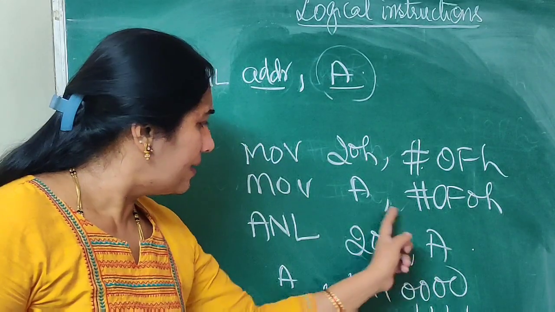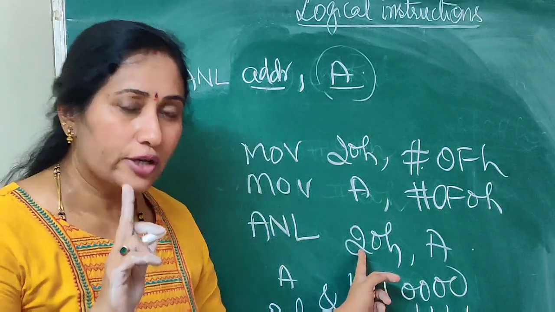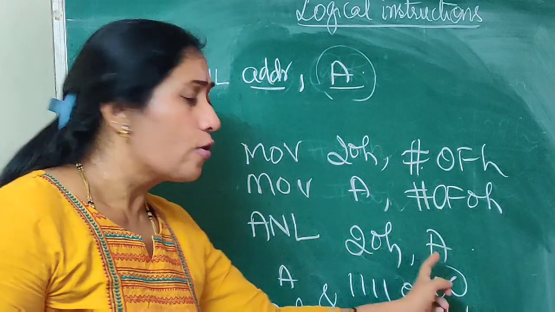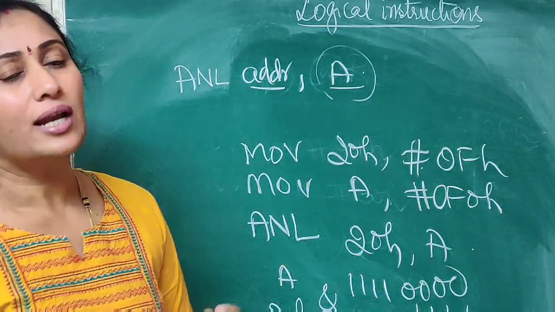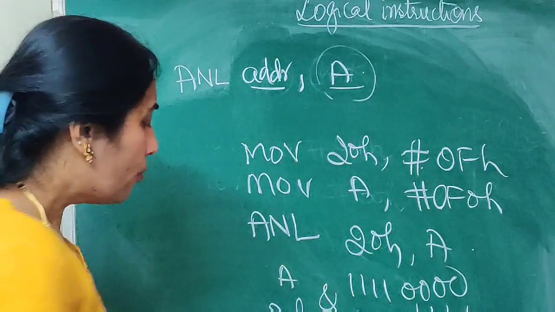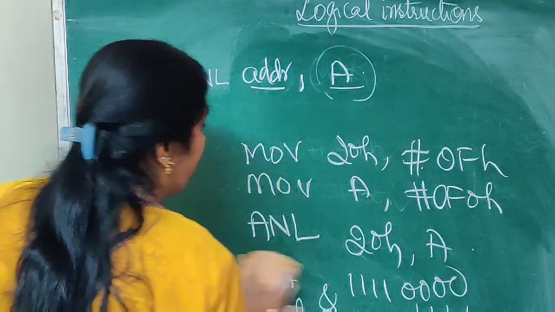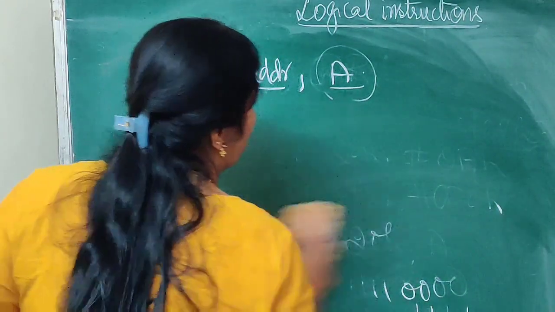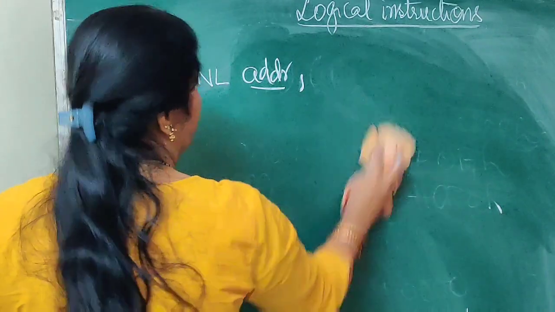You can see here the address is going to be user defined, so it's going to take 1 byte, and the opcode is going to take 1 byte. So the total length of the instruction is going to be 2 bytes. And which flag is affected? Only the parity flag is going to get affected.